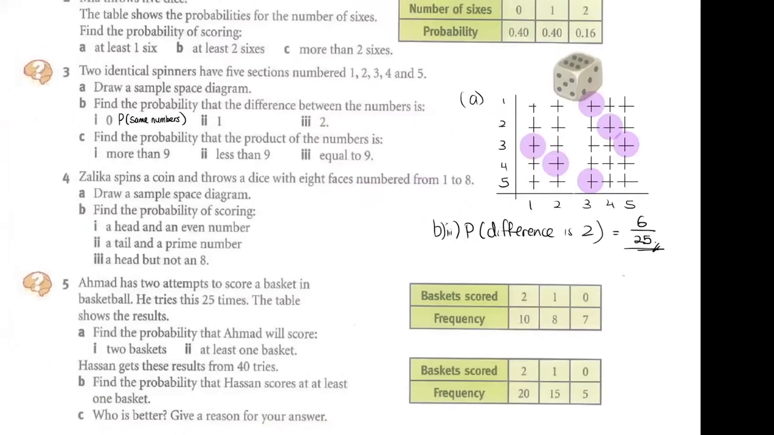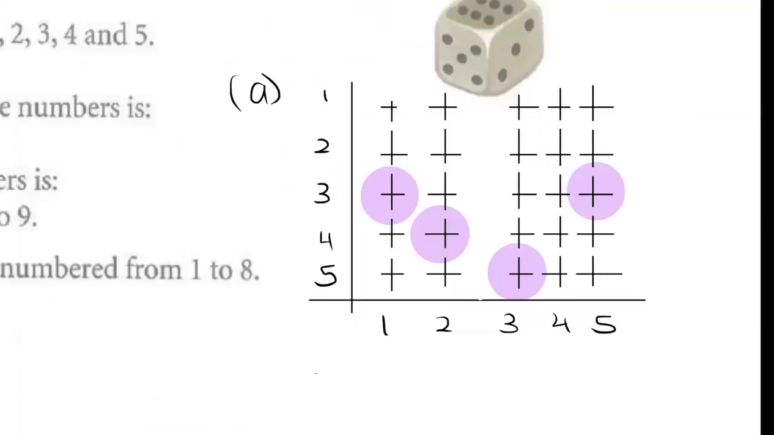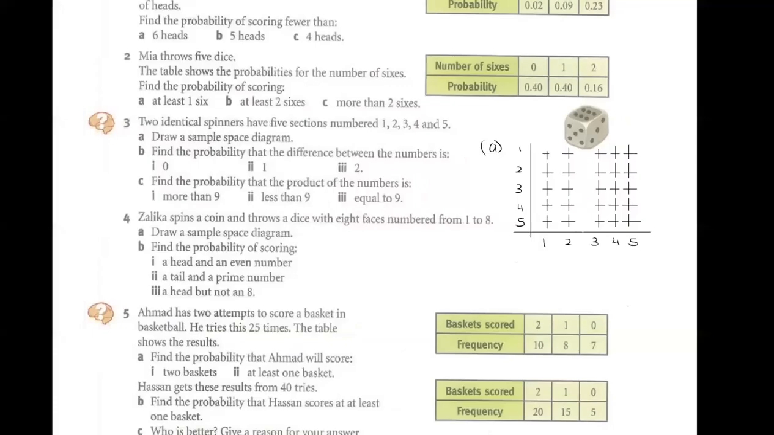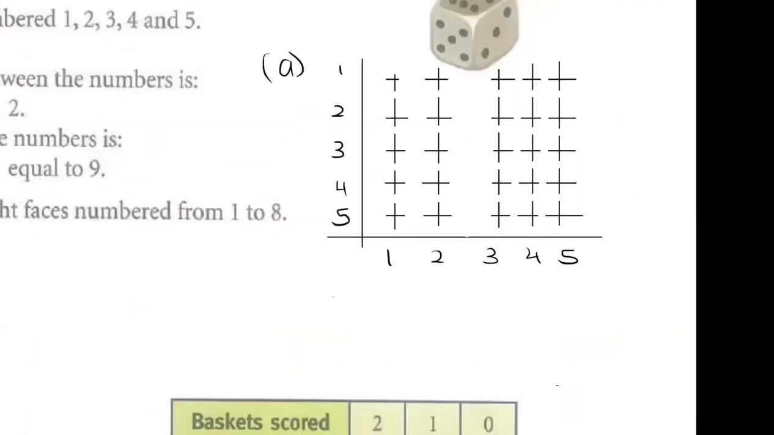That's number 3. Now, they ask you to find the product for C. Maybe it's a little bit difficult, maybe because they changed the name, but it shouldn't be that difficult. As you know, you can do it. Find the probability that the product of a number is more than 9. Product more than 9. So C, what? Product